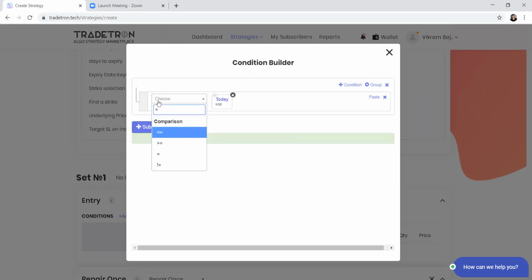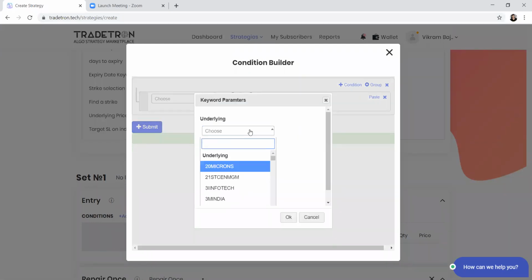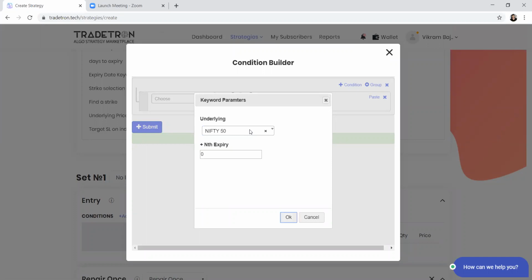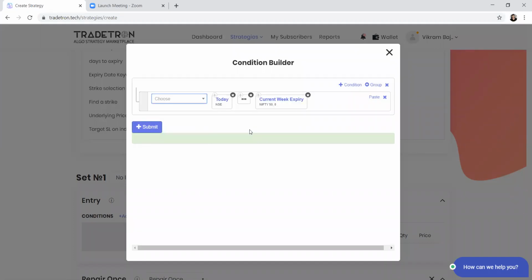You can write a condition saying if today is equal to current week expiry or current month expiry, if you are trading with monthly or weekly futures and options based on your requirement. You can write a condition to compare today's date with the current expiry date. If this is true, then it will take the position.